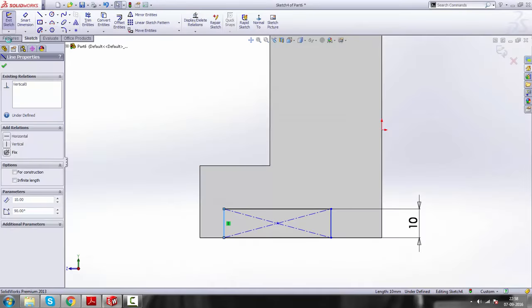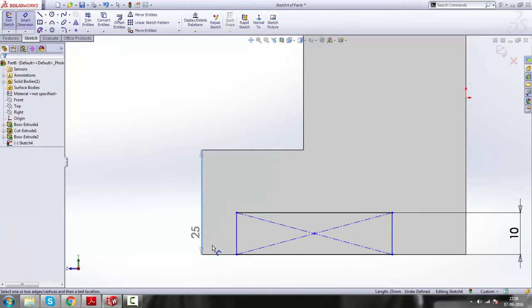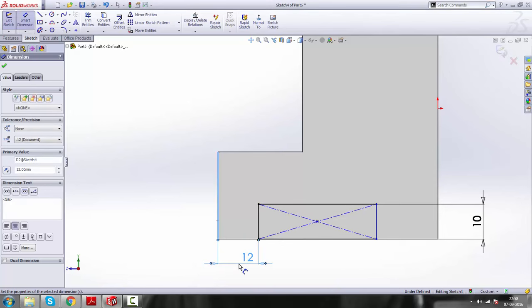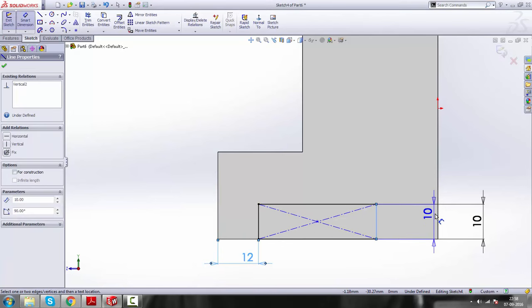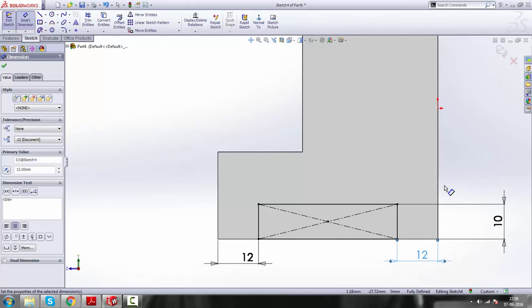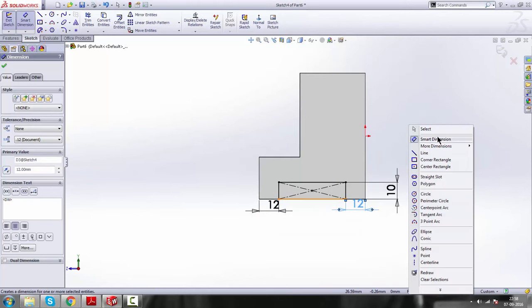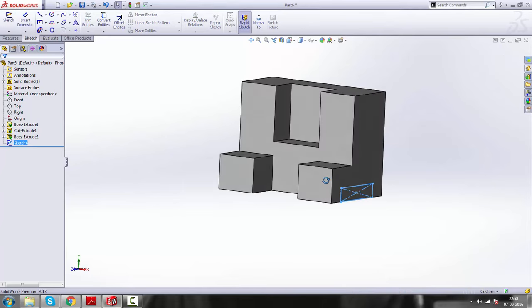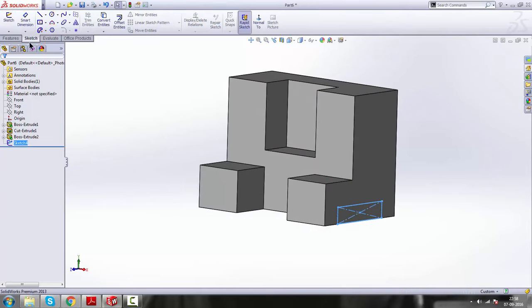We'll go to smart dimension, select this one and then click on this side, make it 12. Select this one and click here, make it 12. So as it goes black, select, get out of the sketch, and now we will use the command called Extrude